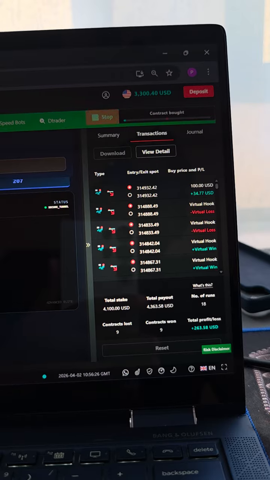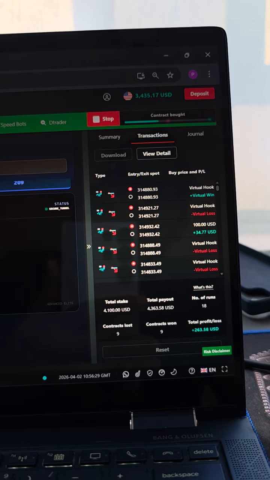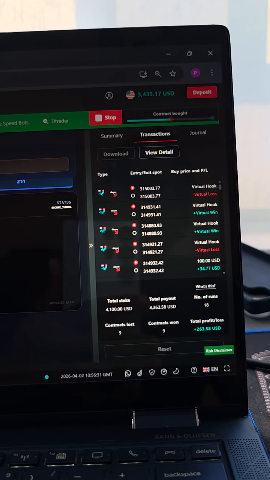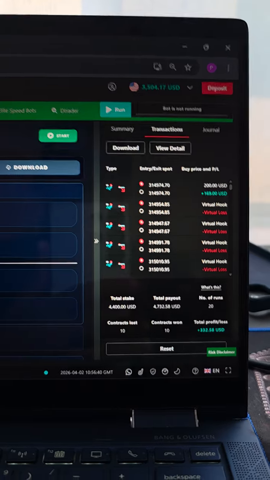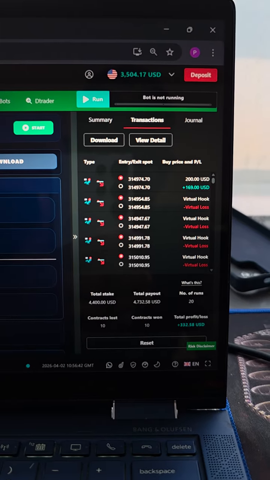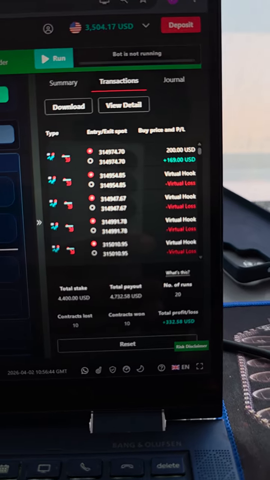I think we need like one more. Is it 1 or 2 more wins? 2 more wins, yeah. It's a loss. So now the robot has switched to under 5. We need 4 consecutive. Do you switch? Boom, recovered. And you can actually see we took 20 trades, 10 wins, 10 losses, now floating at a profit